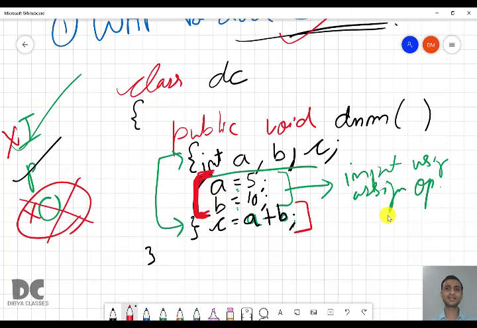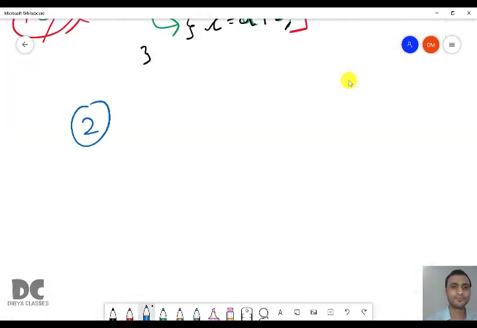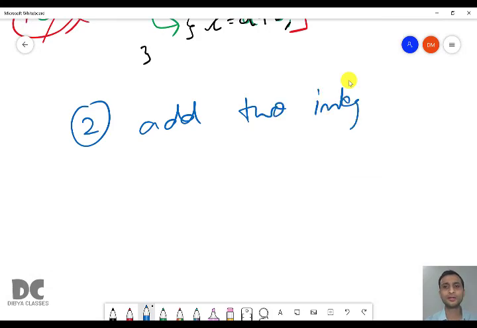But now the teacher changed the question and gave: add two integer numbers. So which two integer numbers? There are an infinite number of integer numbers, right? So you don't know the values. Therefore you have to ask the user. When you don't know the value, or the user has not given the value previously, then you have to ask him.